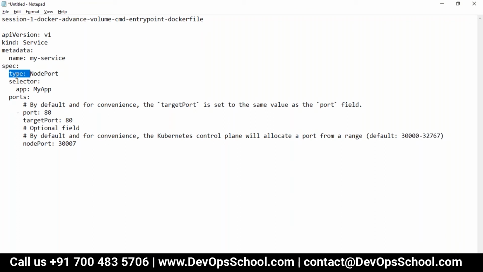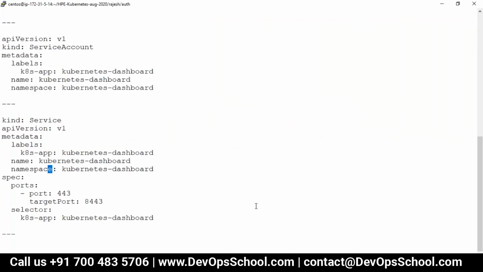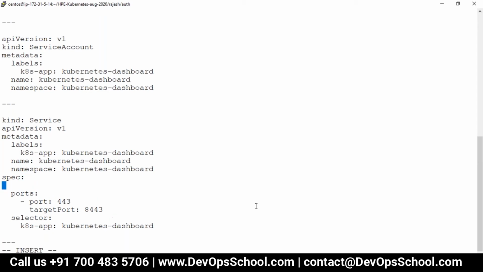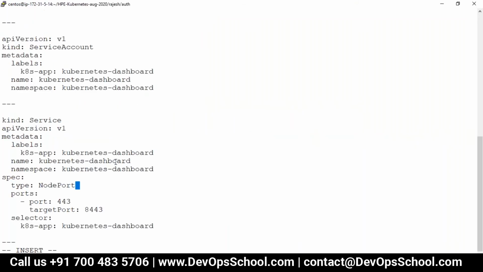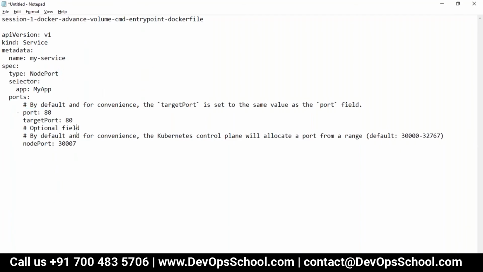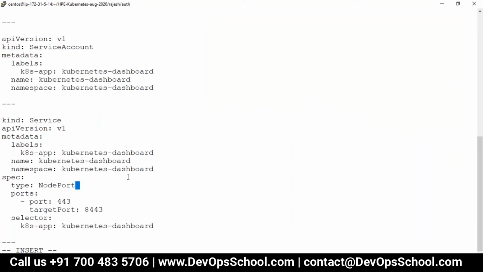So here what I'm going to do, spec, I'm going to say selector, type node port, and then the node port IP address, I'll put this one. So let's do 3007. So here, this is the service which I'm going to modify. Before that, should I take a backup? No, not needed. So port 1 2, don't use the tab. This is a major mistake you will make. So here type is equal to node port. So spec type is equal to node port. The rest of the things I'll let be. And the node port I can mention, but it should be assigned dynamically also, but let me mention it. So here target port, IO.